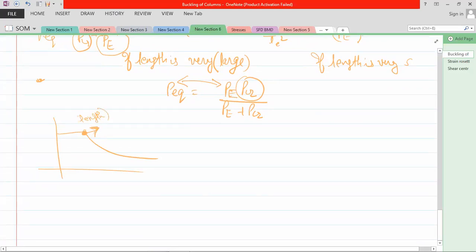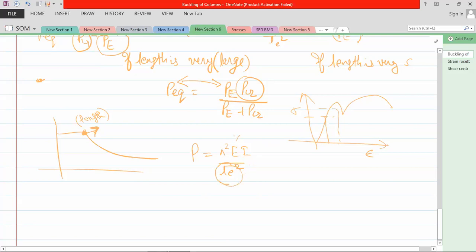I remember one question around 2020 in GATE. For P, you need to know pi square, and you know E. In the exam, they gave a stress strain curve for the material. Suppose this is the stress strain curve. They gave some values like this value and this value. They need to find what is the LE value.